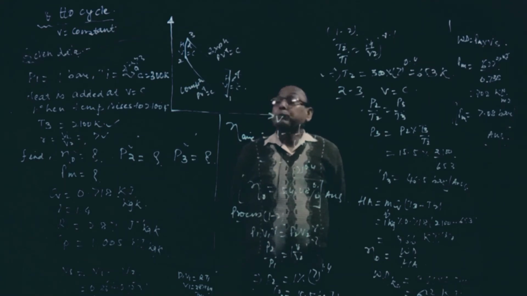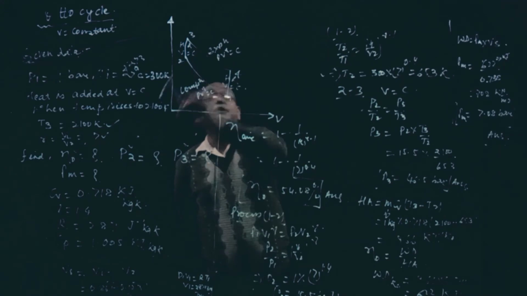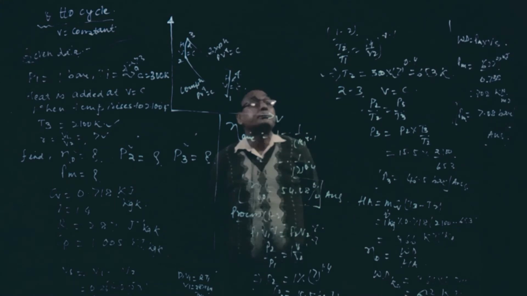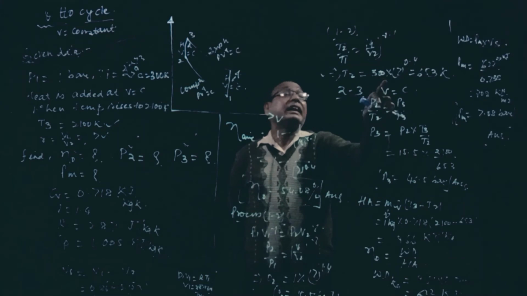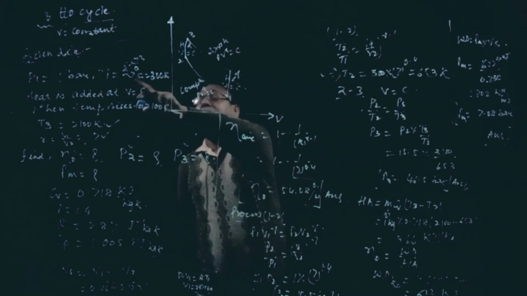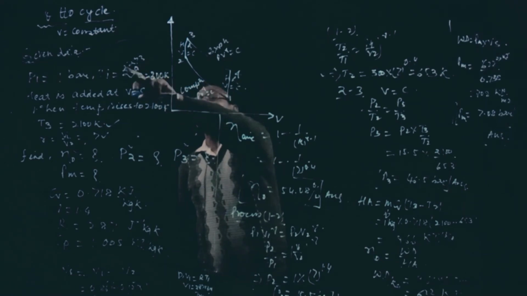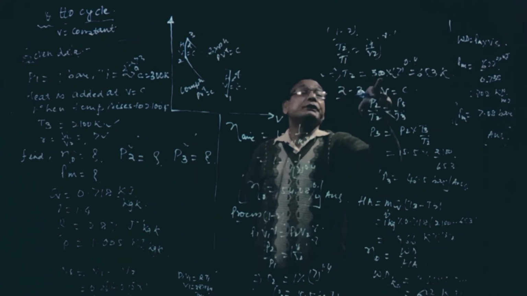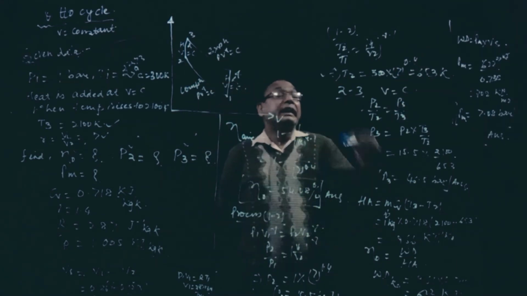Now, same process 1 to 2, because we have to find out the heat addition, here we have to find out T2 also. So for process 1 to 2, T2 by T1 will be equal to V1 by V2 to the power gamma minus 1, temperature and volume being in opposite order. T1 is 27 degrees centigrade, which has to be converted into Kelvin by adding 273, so it will be 300 Kelvin. So T2 will be equal to T1, 300, into V1 by V2, 7 to the power 0.4, it will have 653 Kelvin.